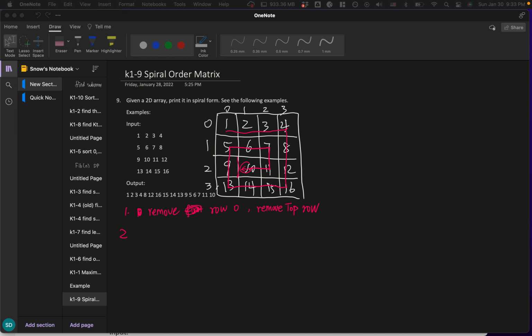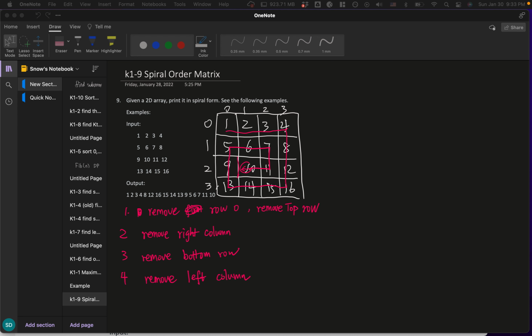And then we go down, remove the right column, and then we remove the bottom row, and then we remove the left row, left column, and